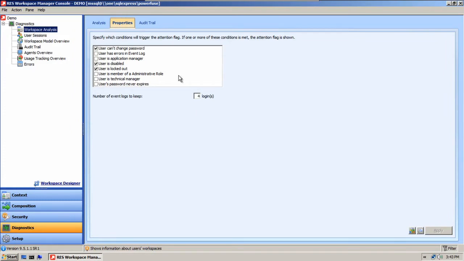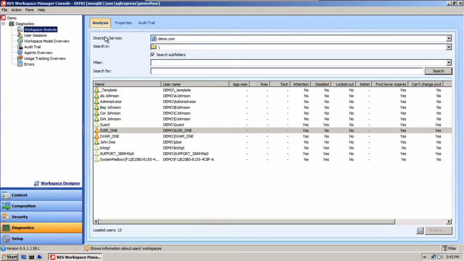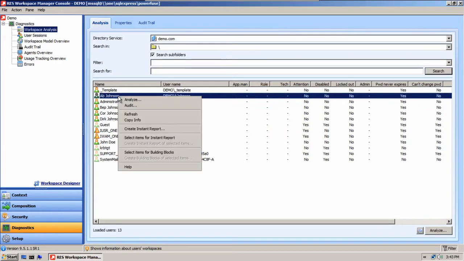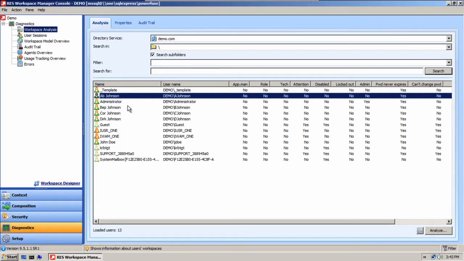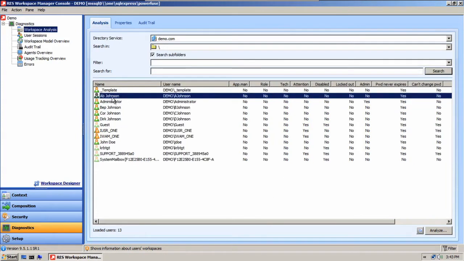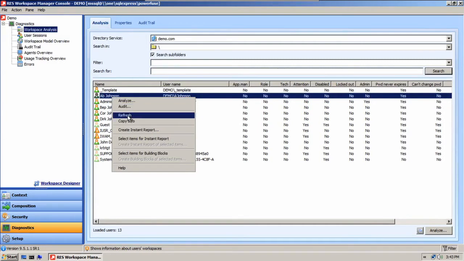So let's flip back to analysis over here, and once we're here, you might notice that some of this information is missing. If you actually select a user and you right click, a context menu is going to pop out, and that gives you a few more options. Now if you click Audit, it's going to fill in that information there, so you can definitely see all the different information for the user in terms of their ability to change their password, expiration, administrator, they're locked out, disabled, and so on. Back to the context menu, you can also refresh,